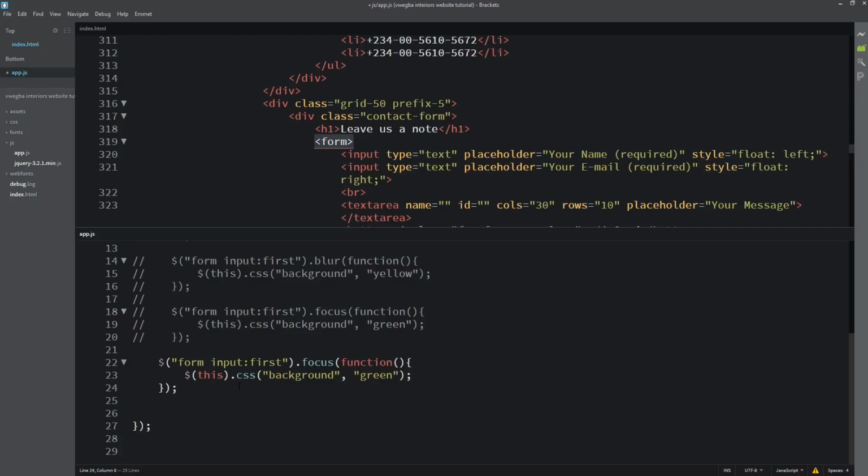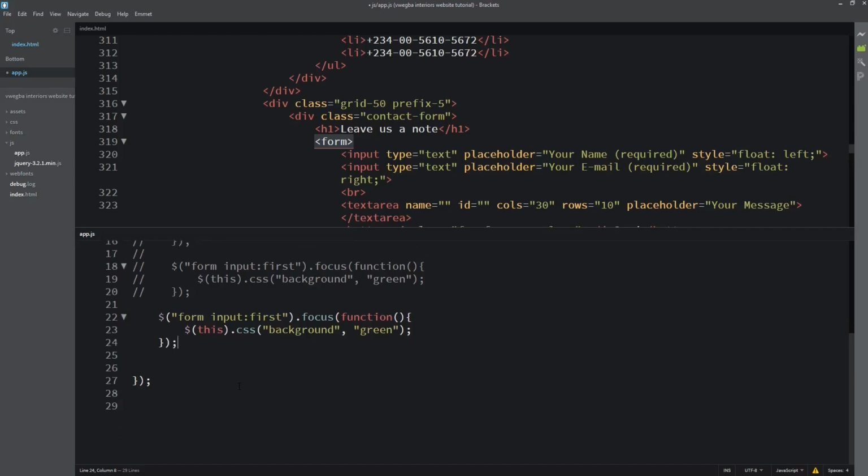As I said, the hover event uses those two events, because when you use the hover method, two functions run inside. Unlike focus, where just one function runs.